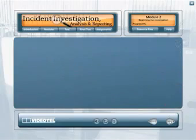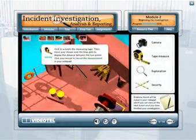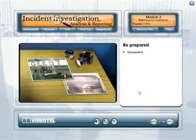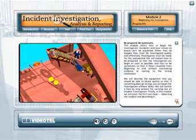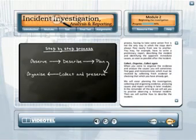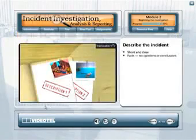Beginning the investigation. Accidents and near misses on board can't be predicted. When they happen, they must be investigated quickly and effectively. The module explains how to be prepared so that the investigation can begin as quickly as possible, and how to be systematic so that it flows smoothly from beginning to end without overlooking evidence or coming to the wrong conclusions. It describes the equipment that you should have ready at your disposal and outlines a step-by-step process for carrying out an incident investigation, covering the first 2 steps: observing the incident and describing it,